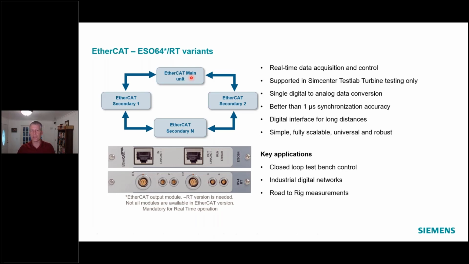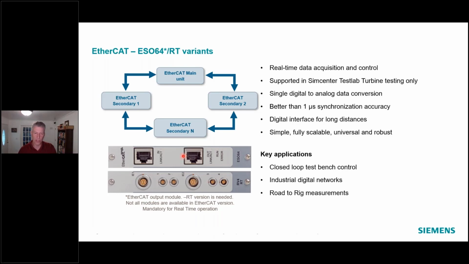But our SCADAS Mobile and SCADAS Lab systems can hang on this EtherCAT network as a secondary unit and broadcast data with very good synchronization accuracy to make that information available to the other EtherCAT devices that can be used for control, measurement, feedback, etc. The other interesting thing is that this EtherCAT module operates independently in the frame. You can still be plugged into it and be making measurements with Test Lab intermittently if you wanted.